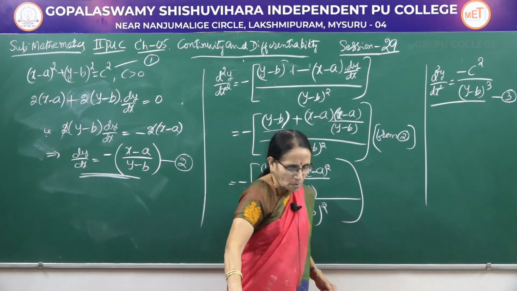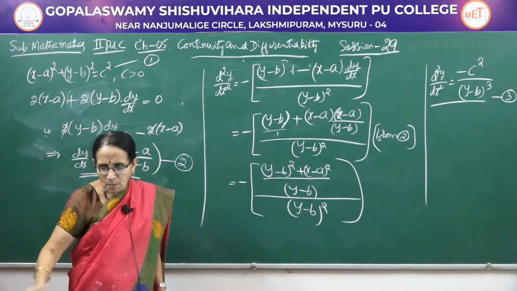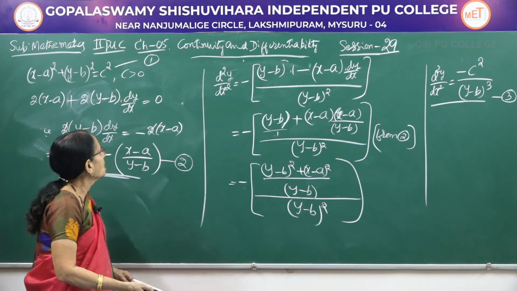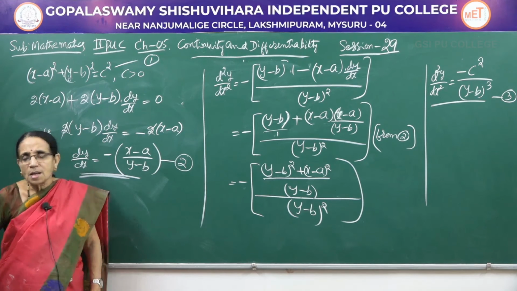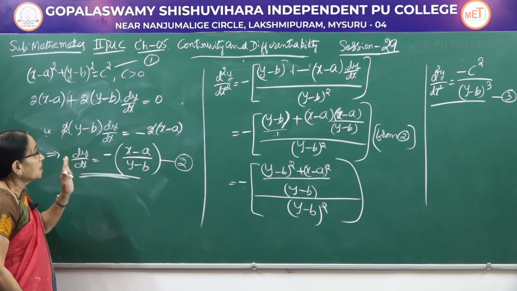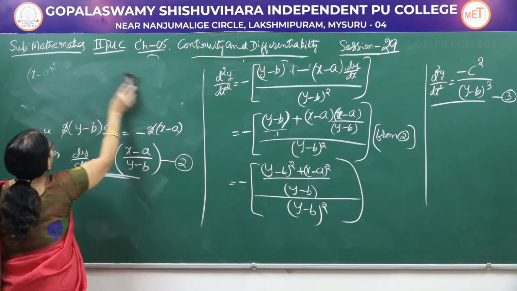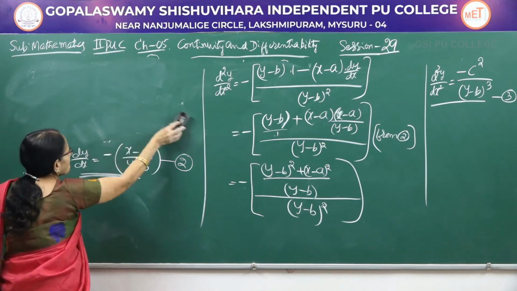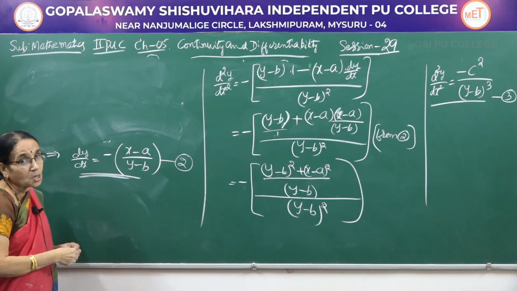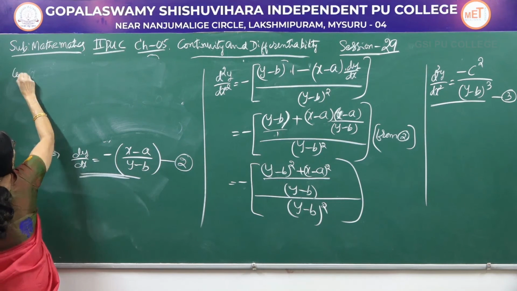It's quite a lengthy problem. Okay, the function is a complicated function. Now I have calculated the value of dy by dx as well as d square y by dx square. Let us start with the relation that has been expected to prove certain result. Consider, don't write left hand side like that. Consider, what's the result we wanted here?